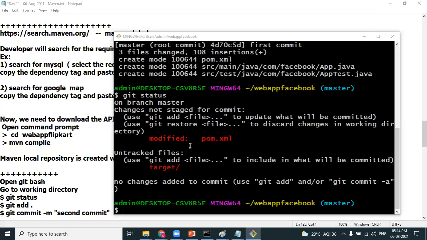Now I have a question for you, Arvind. Let's say we have copied the dependency tag and downloaded the APIs from the Maven global server to the Maven local repository. Now you come to know that by mistake we have downloaded wrong APIs. By mistake we have included wrong dependency tags in the pom.xml file, and with the effect of that, the wrong APIs got downloaded. What should we do? What can we do?